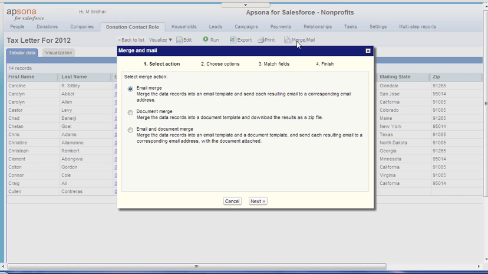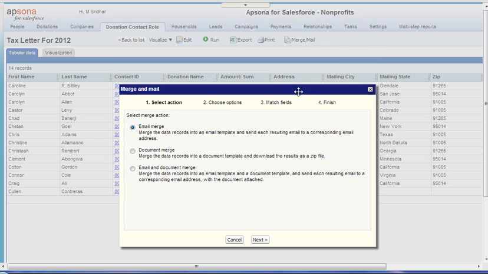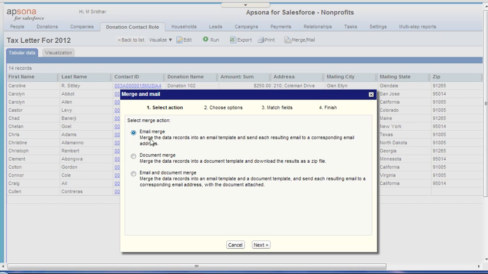When you click on it, a pop-up appears, and now you have three options. You can either do a mail merge, where you merge the data records of the report into an email template and send each resulting email to a corresponding email address. You can do a document merge, where you merge the data records from the report into a document template and download the results as a zip file. And you can also do an email and document merge, which merge the data records into an email template and a document template, and send each resulting email to a corresponding email address with the document attached. So let's select email merge,